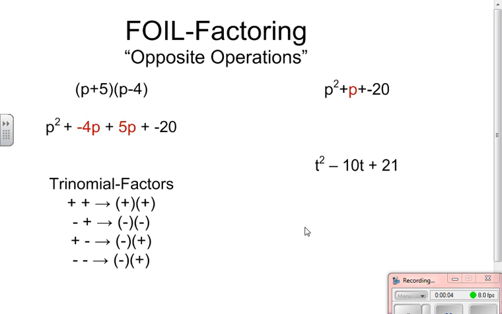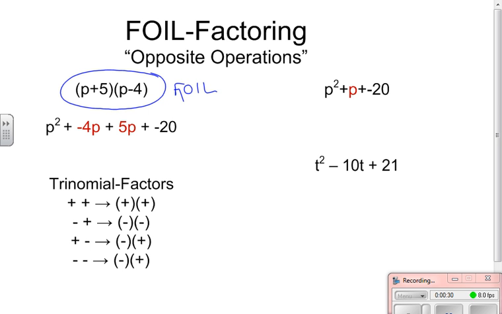Now for the second factoring video, if you would like to factor by trial and error, which is probably the way you were taught in middle school, maybe even in ninth grade, depending on when you had it, is basically needing to understand that FOIL and factoring are opposite operations. So if we look over here at the quantity p plus 5 times p minus 4, and we FOIL it,